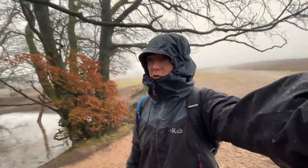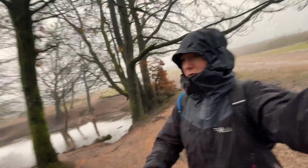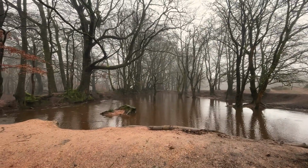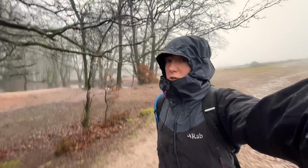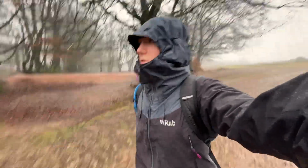Just about to walk into the woods, I'm not gonna lie, it's giving real creepy vibes. Like, I'm expecting some swamp monster to come out of there. Anyway, time to keep walking. At least it's a bit of shelter from the wind, but the hood of this coat is so...